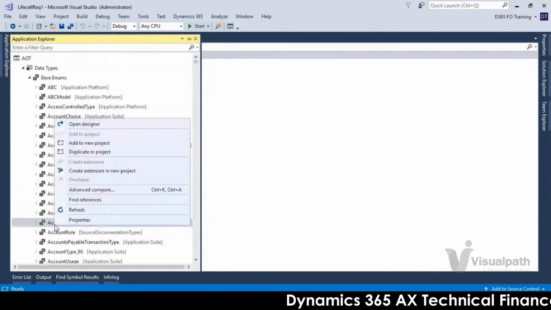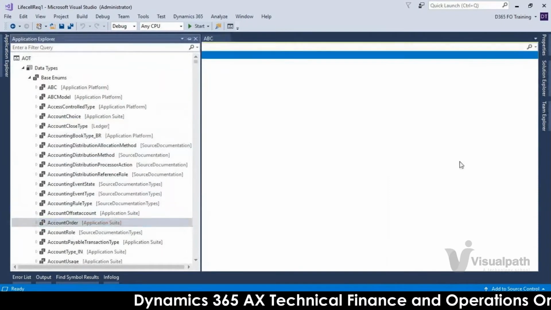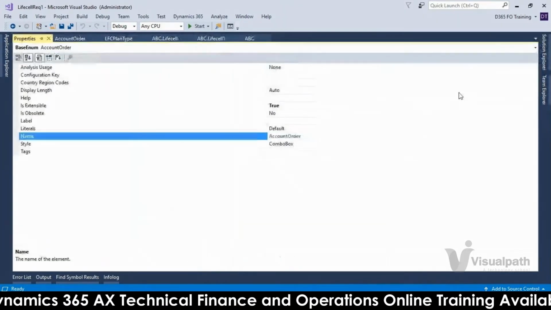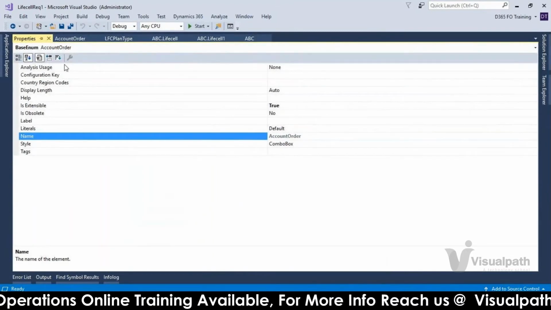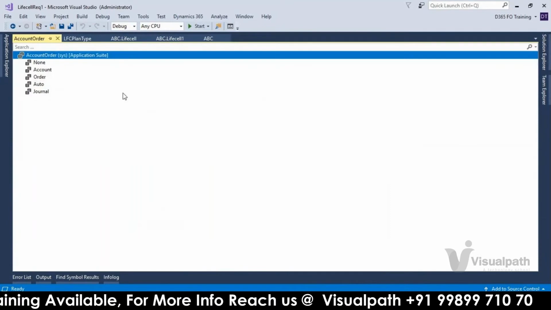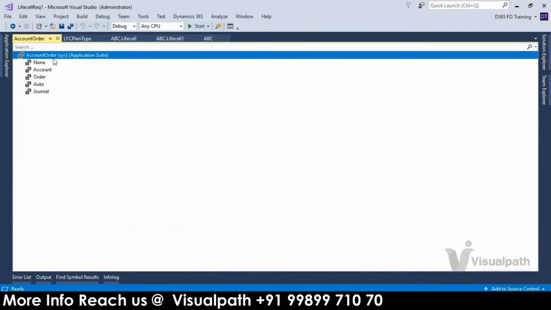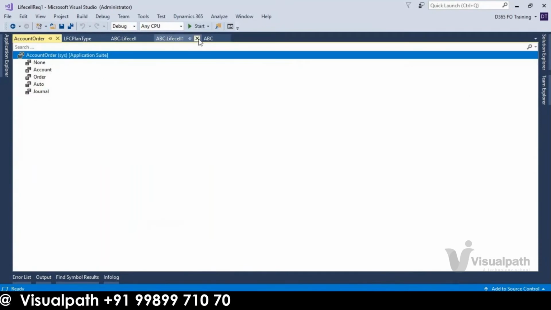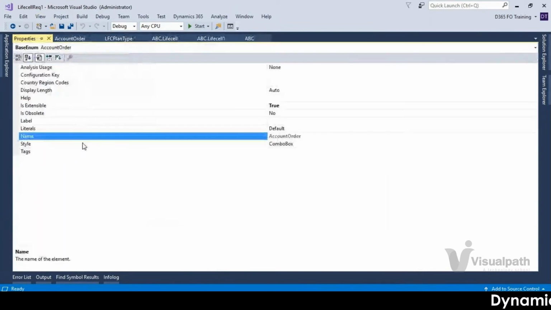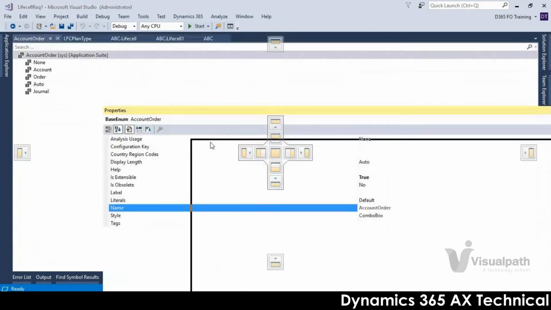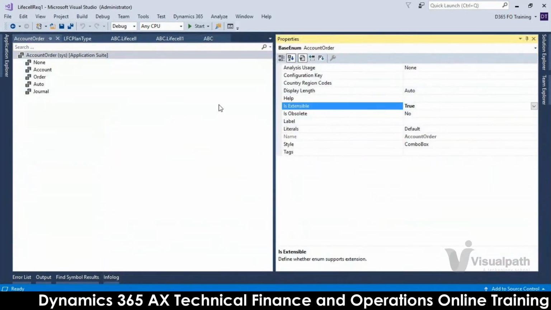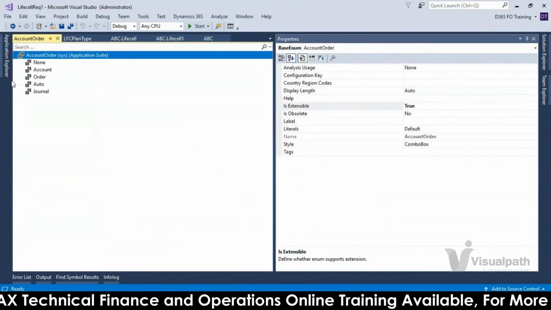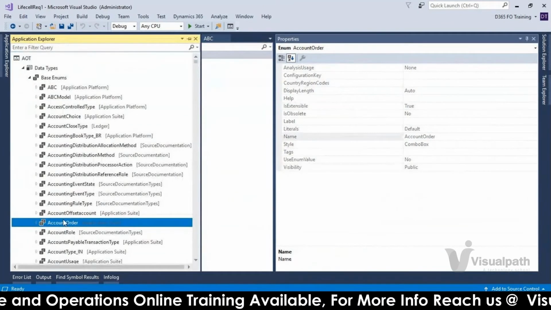Accounting order. Yeah, this is true. What we can do is, let me try to create an extension for this.